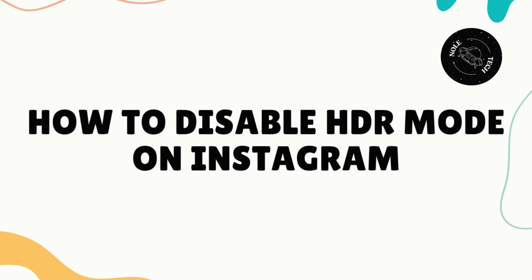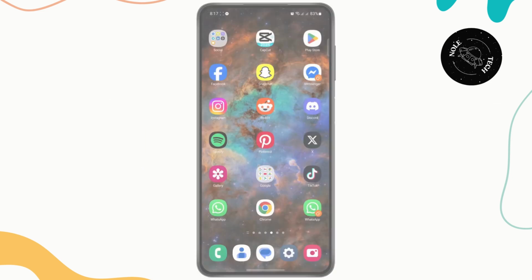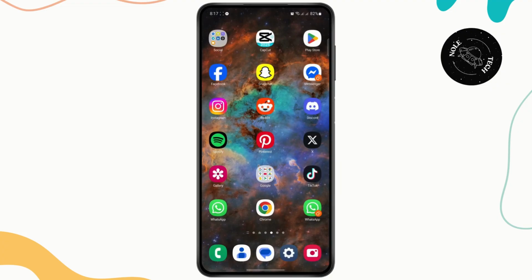How to disable HDR mode on Instagram. Hey everyone, in this tutorial I'm going to be showing you guys how you can easily disable the HDR mode